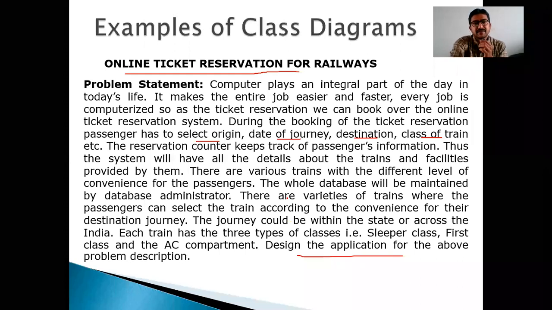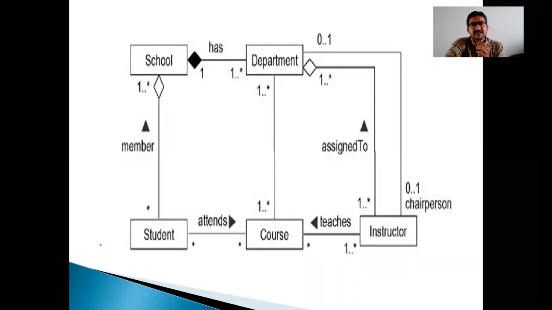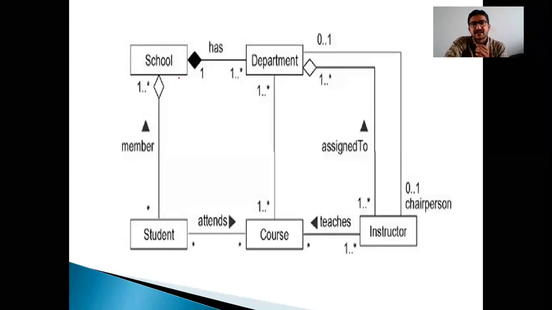So before explaining this one, let me have a look at a small example over here. This is a beautiful example which you can apply for a school. Here, school is one class, student is another class, department is another class, course is another class, instructor is another class. We have different classes over here. But look into the relationships. Anybody can identify the classes easily, but what the parameters, attributes and operations are is up to you. How many attributes and how many operations you like is up to you.